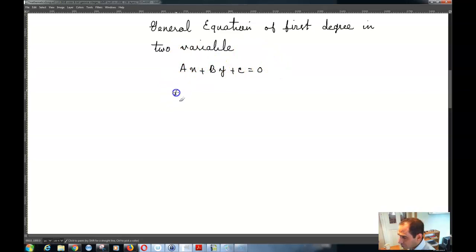Over here in this equation, basically a, b, and c belong to the set of real numbers, and of course, if it's supposed to be a straight line, not a horizontal line and not a vertical line, then a and b are not supposed to be equal to 0 simultaneously. Meaning that